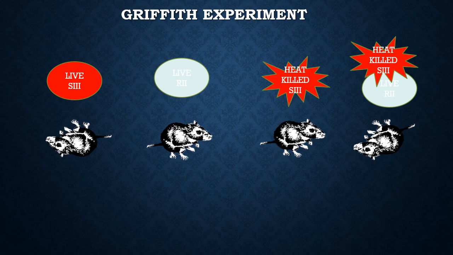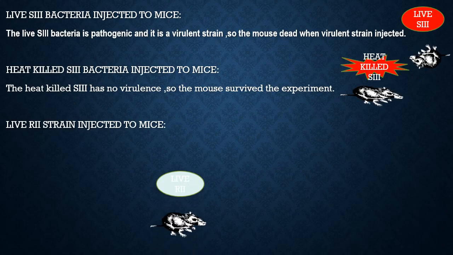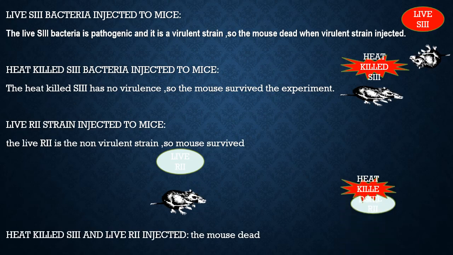When heat killed S3 strain and live R2 are injected together, the mouse is dead. So, when heat killed S3 alone is injected, the mouse is alive, and when live R2 is injected, the mouse is alive. So why, when heat killed S3 and R2 are injected, is the mouse dead? Here is the explanation. When the heat killed S3 and R2 are injected into the mouse,